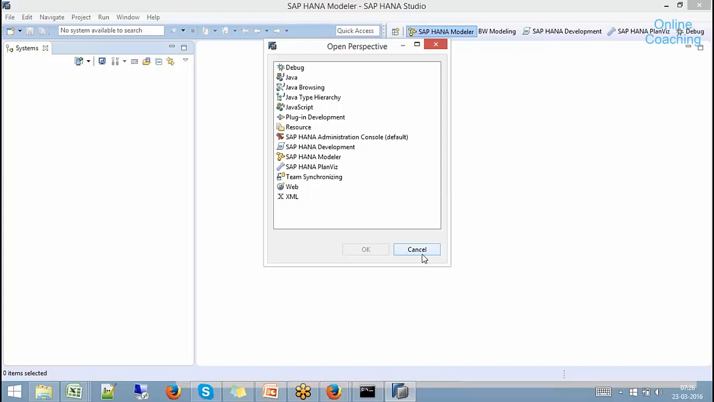So what SAP has done is, instead of giving separate tools for everyone, they said it will be only one tool for everyone. But within the tool, you'll have different perspectives. So depending on what you want, depending on the work you want to do, you'll choose your perspective. Based on that, you'll have different views. For example, say